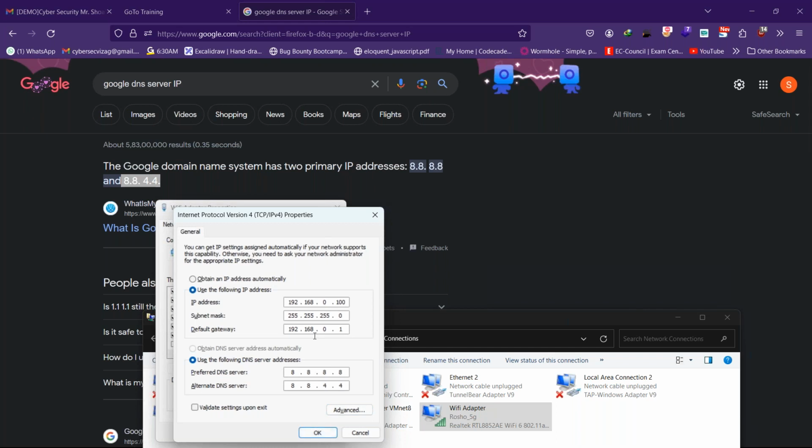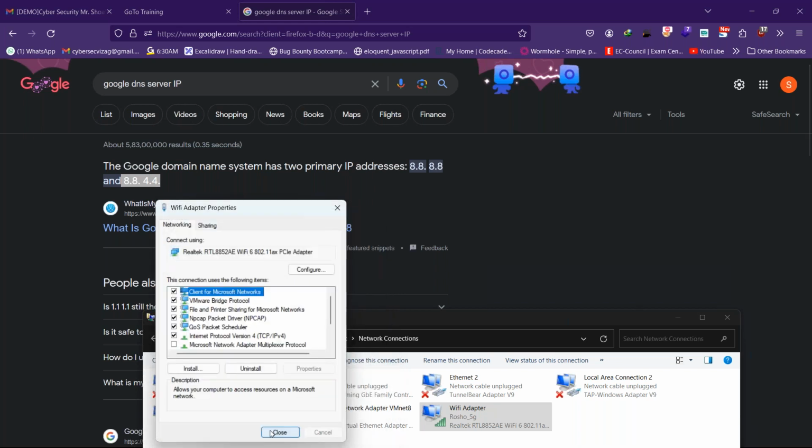Now, since I'm changing my system's IP, we might get disconnected from the meeting for a very short duration, but don't worry, we'll connect back automatically. So again, don't worry if the voice gets cut off or the screen stops sharing. We'll automatically connect back to the meeting in a minute. Okay, so once I click on OK and close,